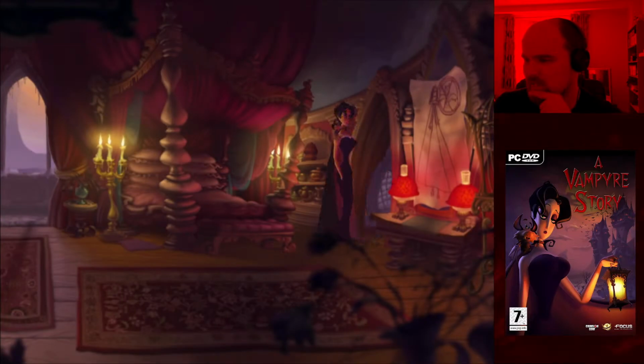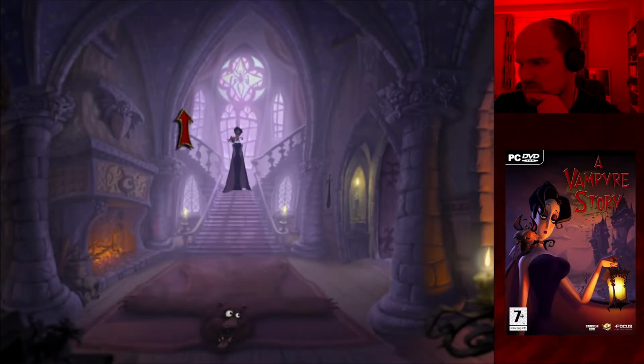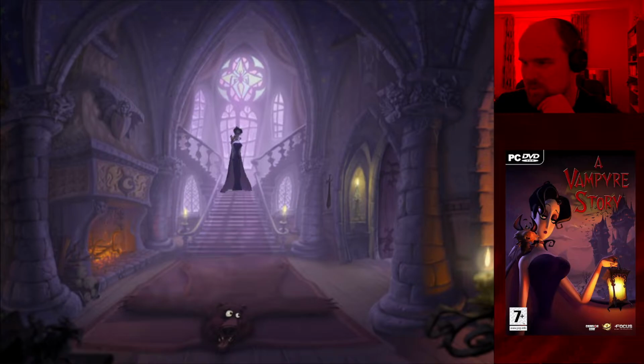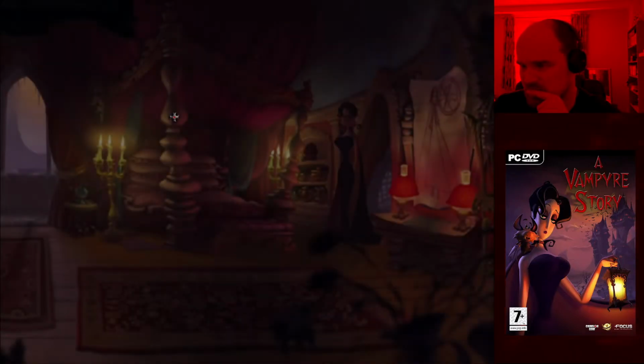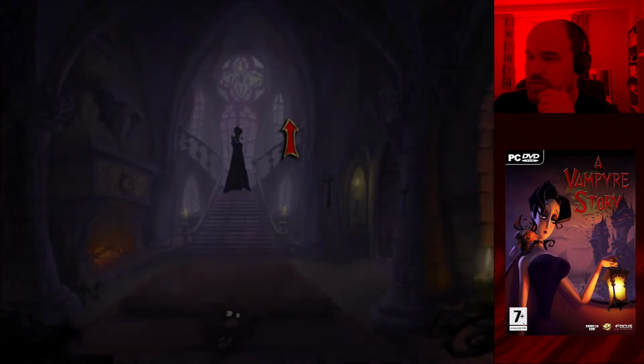Oh wait, did we? No, went to the right. Is that a separate thing, or? Okay, it's the bedroom. Unless both directions go to the same place? No, okay, they both go to the same place. There's an illusion of choice. Cool. Illusion of choice.